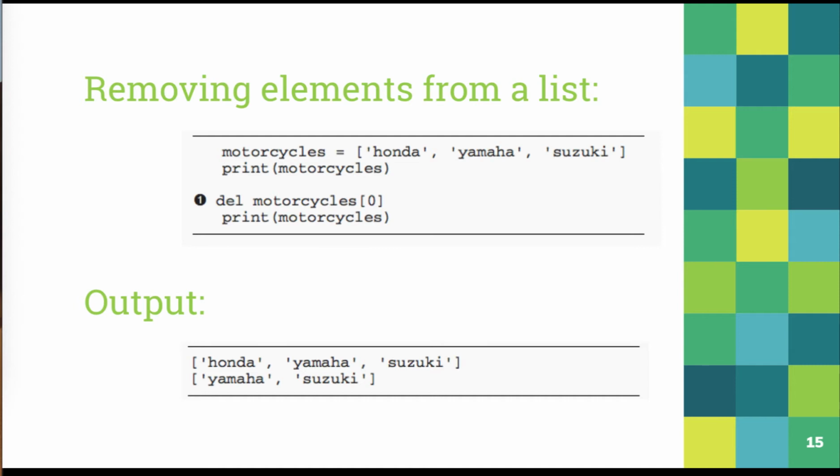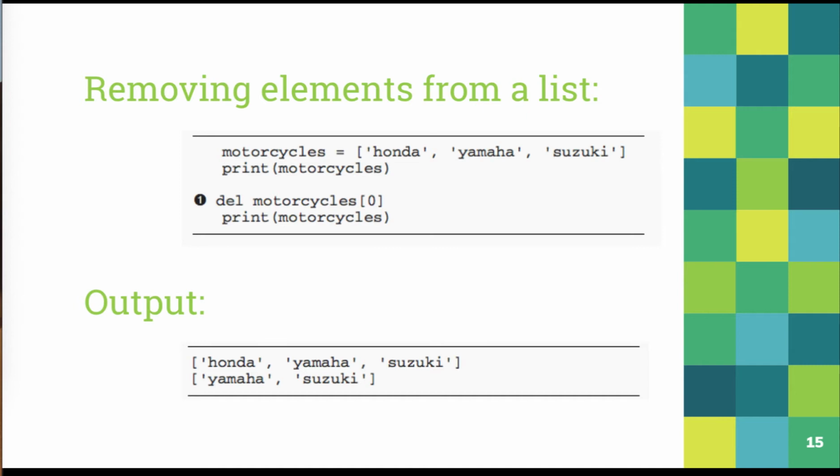Of course, you may want to remove something from a list. In this case, perhaps I've lost a motorcycle or sold it. I guess that's happier. So I've got my list, and you see the first output shows me that's what my